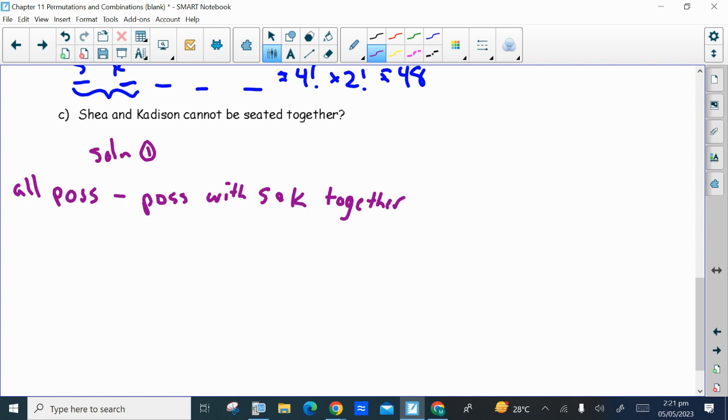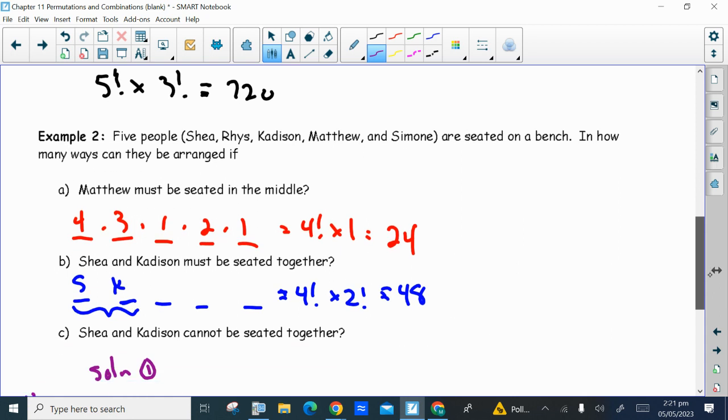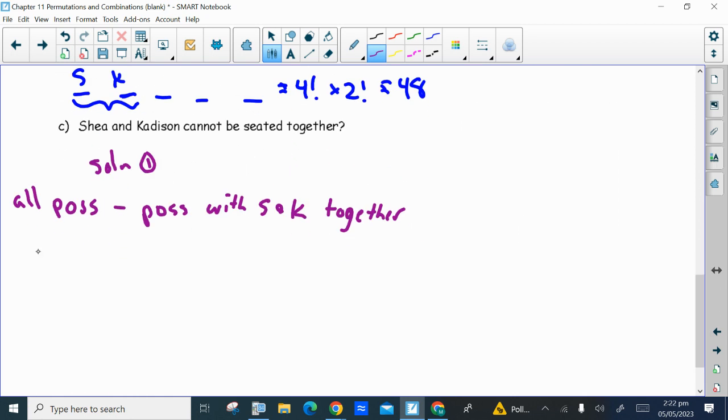There are only 2 things that can happen here. Either they are together or they're not. Only 2 things that can happen. So if you take all the ways that they can be seated together and add all the ways that they cannot be seated together, that will equal all the different possibilities in this scenario when you have 5 people that you're arranging. Okay, so all possibilities would just be 5 factorial